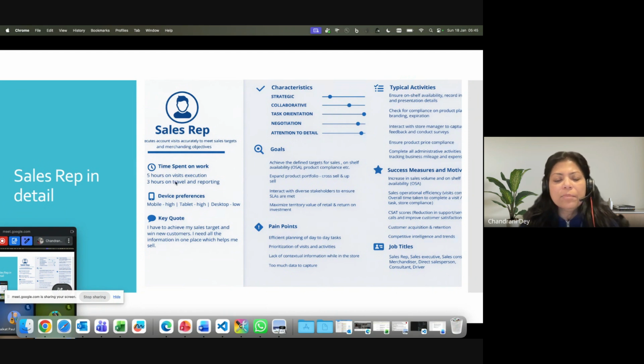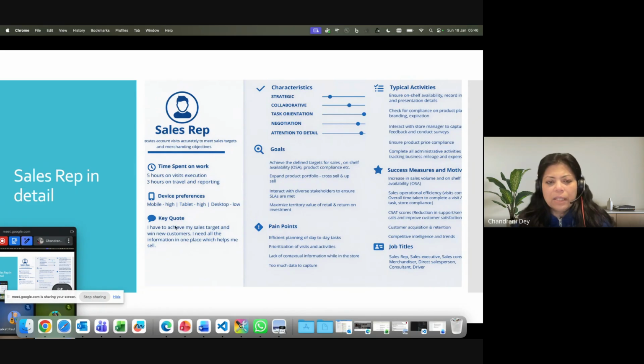The devices he might be using are mobile and tablet. Desktop is very low. If the company doesn't have mobile or tablet, or they are not working, then maybe desktop. And also at the end of the day or the start of the day, he might use the desktop for the web view, because mobile and tablet have a completely different view, capabilities and permissions, whereas the web view has different capabilities.